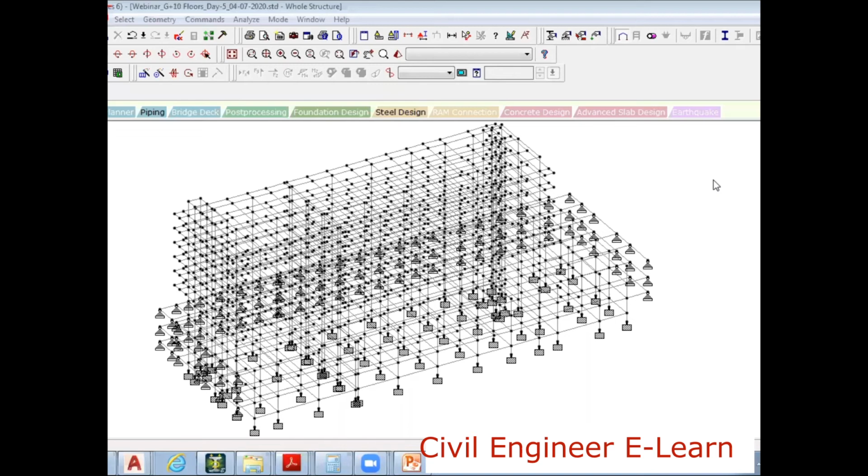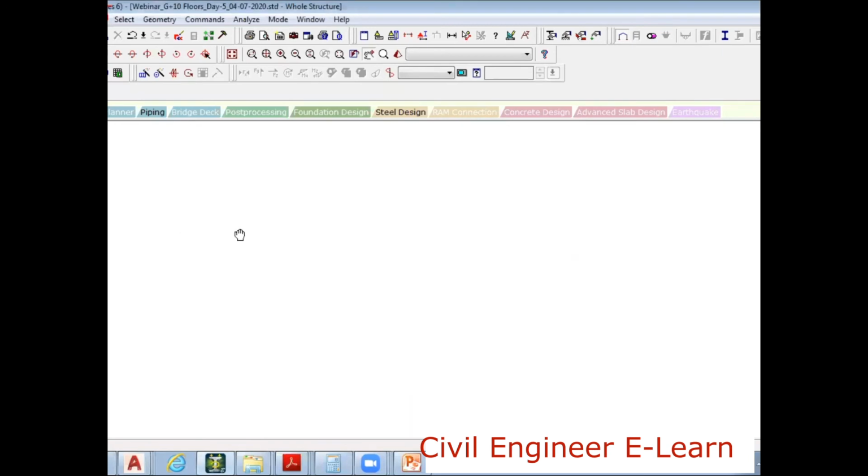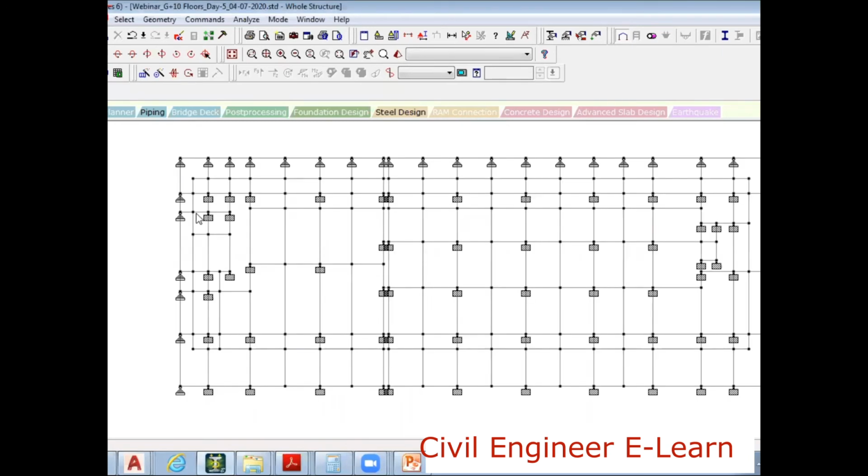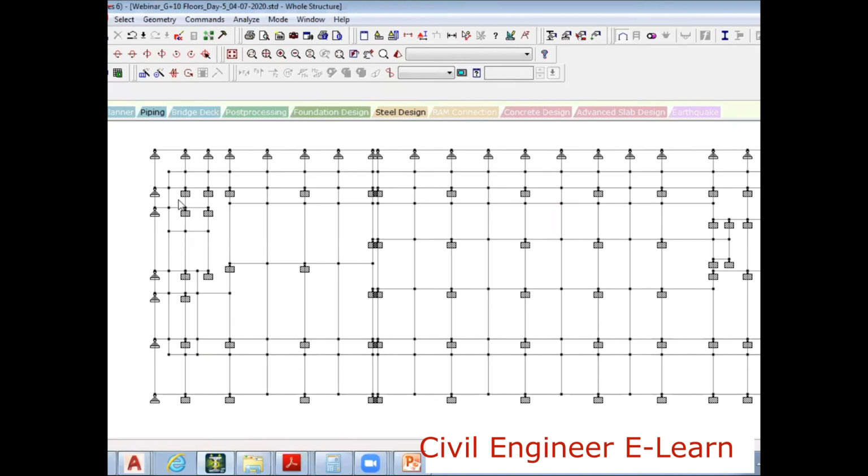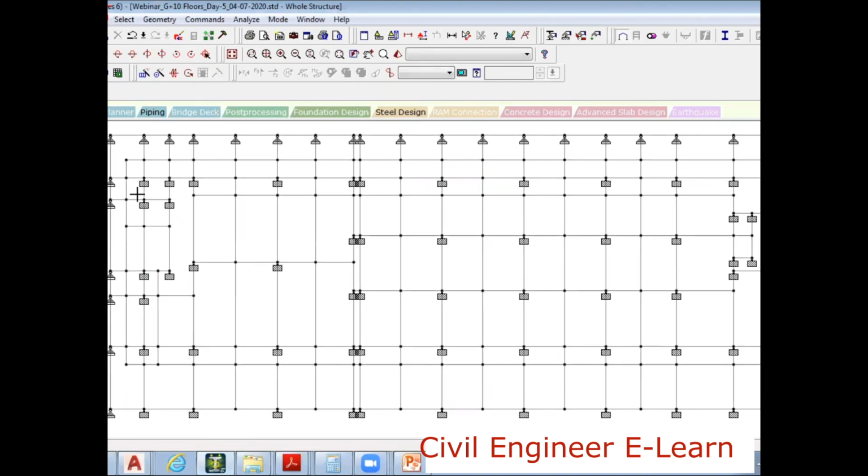We have to add the mid landing beams. Yes, I appreciate you. We have to add the mid landing beams. So I go to this plan view. So here I have a staircase. This is one of the staircases I have here.